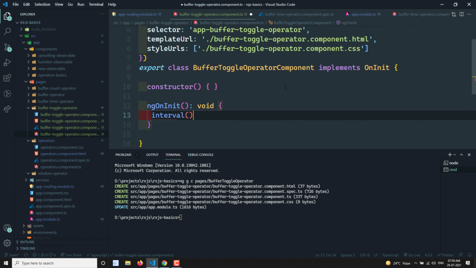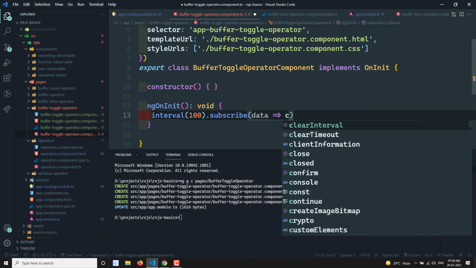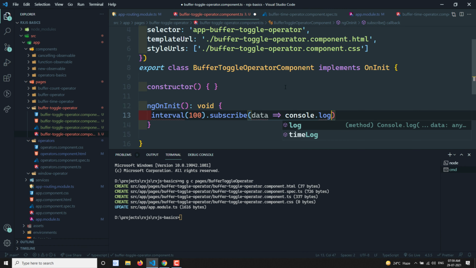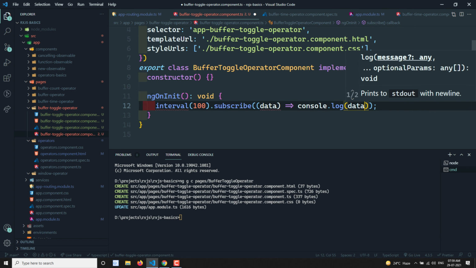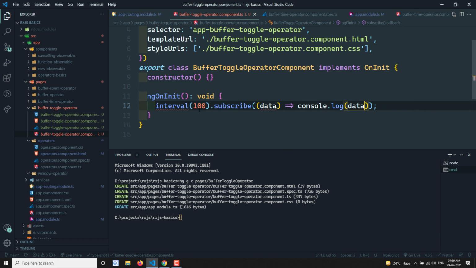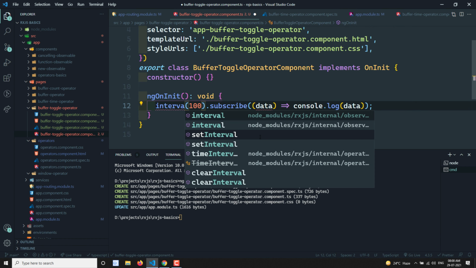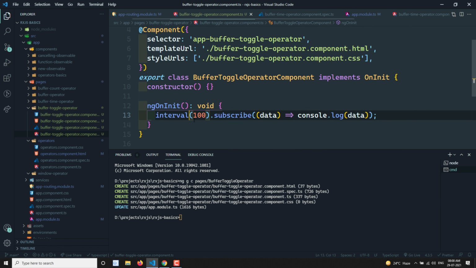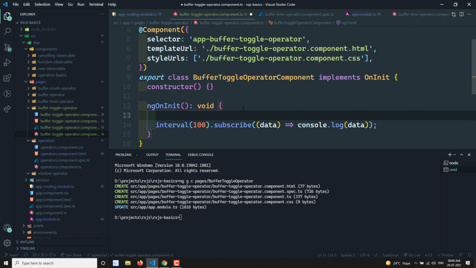I have an interval of 100, then subscribe with data, and console.log data. This will emit data every 100 milliseconds. Let's import interval from RxJS.